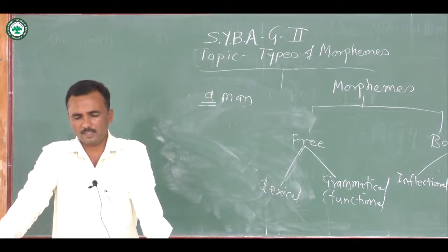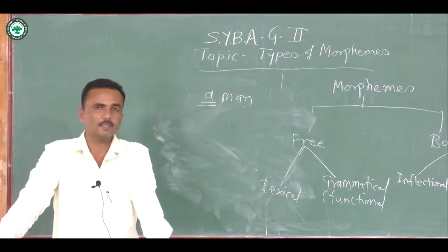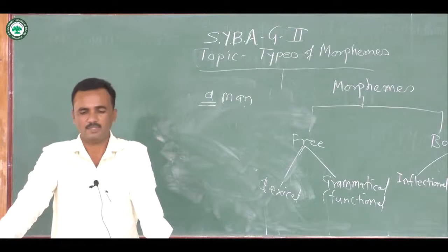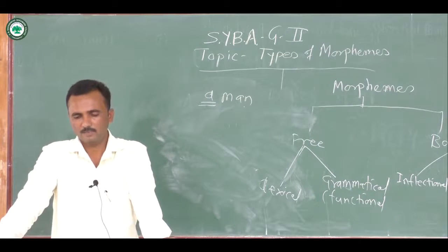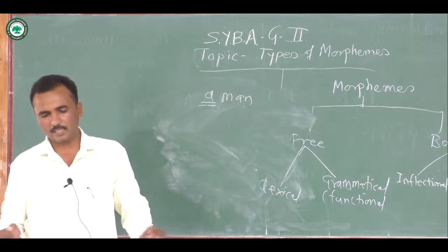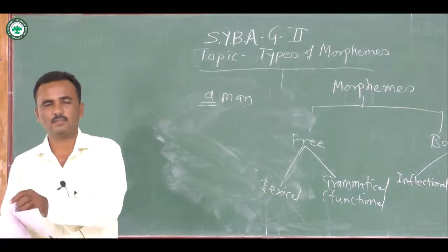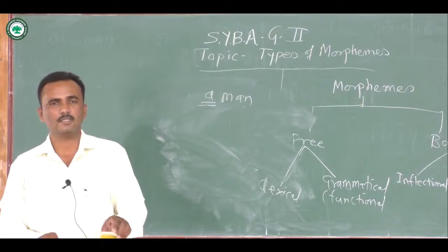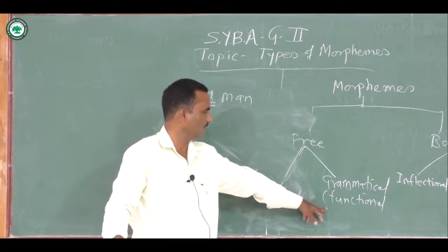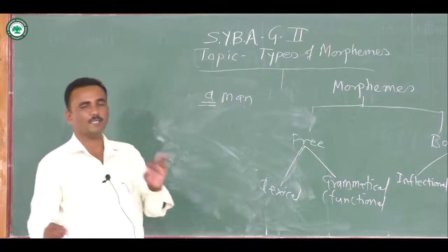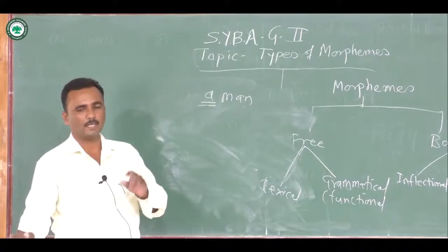They bring about a modification in the meaning, but do not add any meaning of their own. So remember, they do not add meaning of their own, they just modify the meaning, as I told earlier, a man and the man. So this morpheme is called a functional morpheme. As I told earlier, this includes articles, prepositions, conjunctions. So these are grammatical functions. And in lexical morphemes, there can be nouns, verbs, adjectives and adverbs.